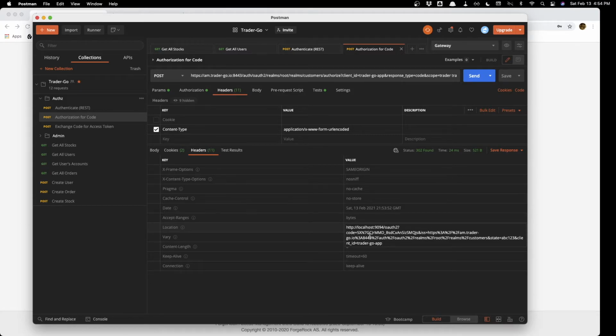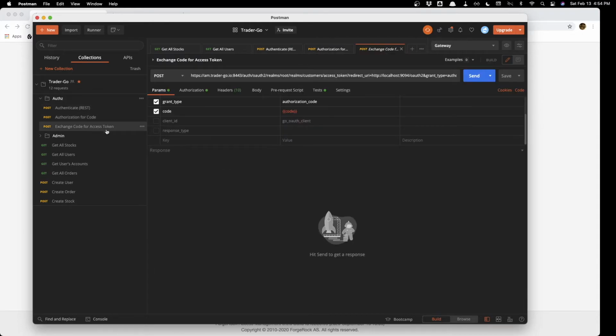Okay, so now that we have that, we're going to act as the client, and we're going to send that code, which is here, to the access token endpoint. And so basically this is the client asking for the token. So you see we get that token back,